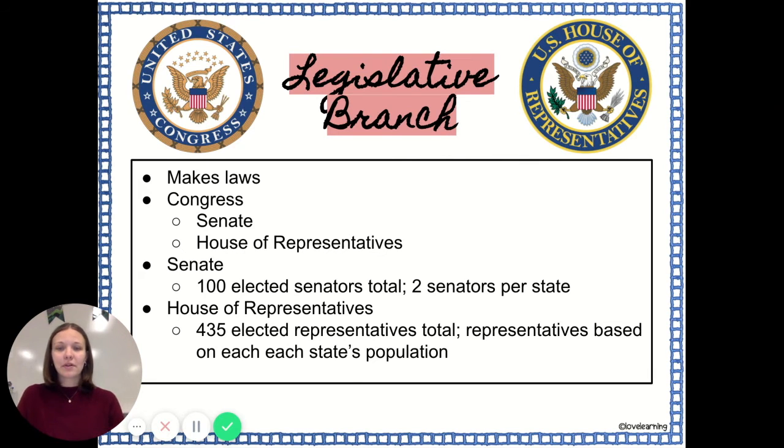And so altogether, there are 535 people within Congress, even though there are 2 separate, not parties, but just two separate things working together within Congress. And so they are in charge of making laws. We can't pass any laws or bills without the approval of the majority of the House and the Senate. So make sure you write all this down in your social studies notebook.